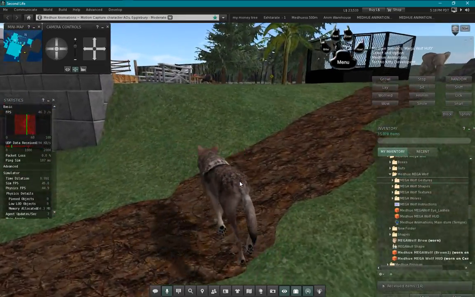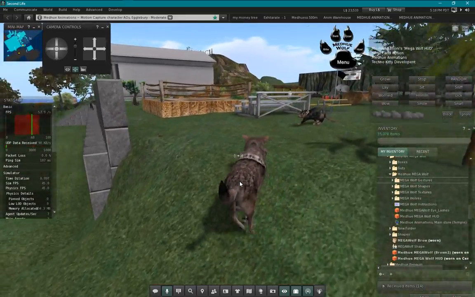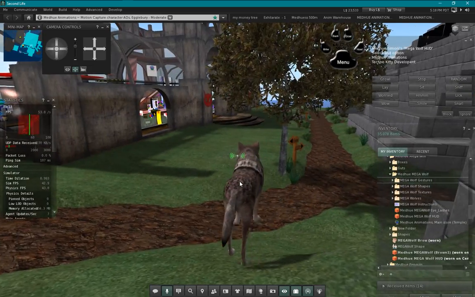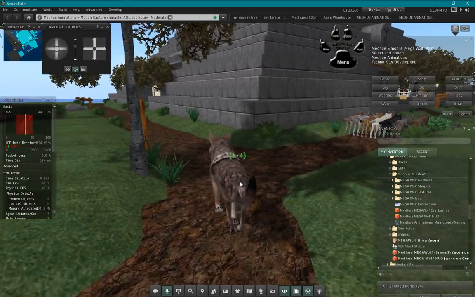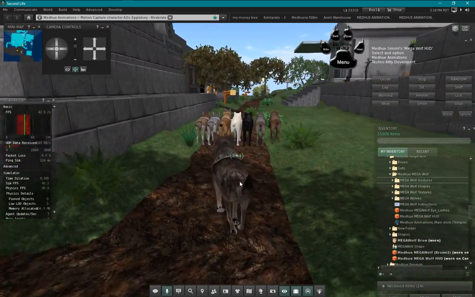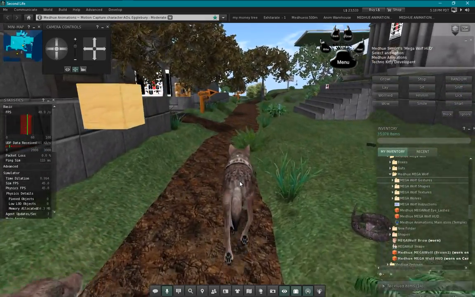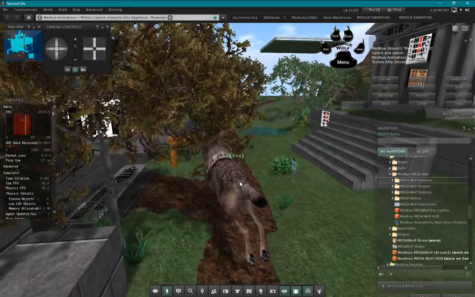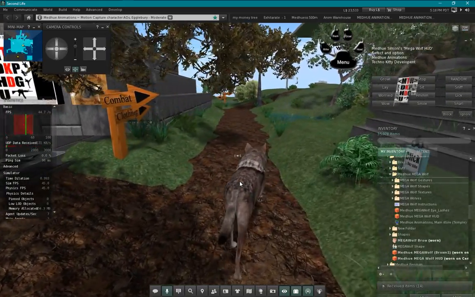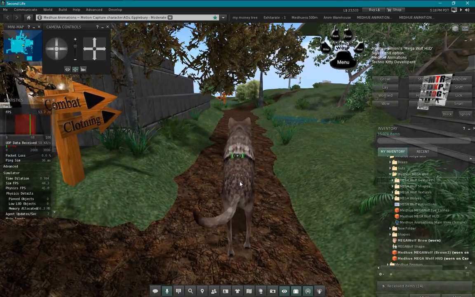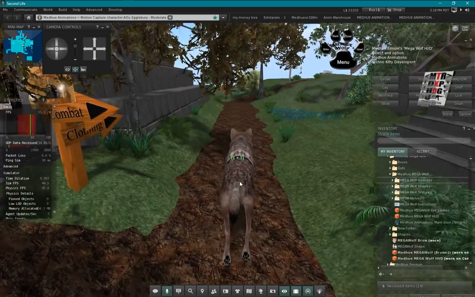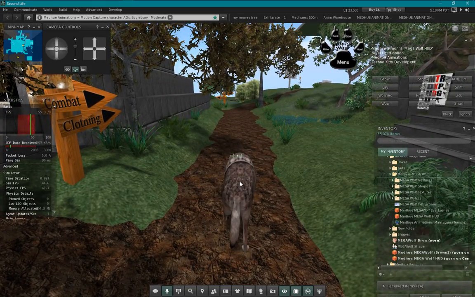It doesn't always play the pre-jump if you're not running, though. So there's a little bug with the set override functions there. See, that pre-jump played perfectly there. But if you're standing still, sometimes it'll play, and then it'll stick. And then the landing